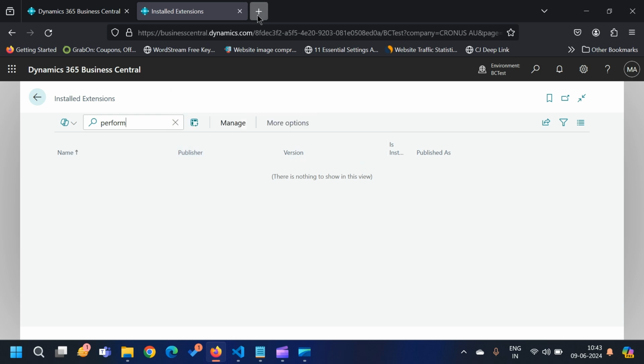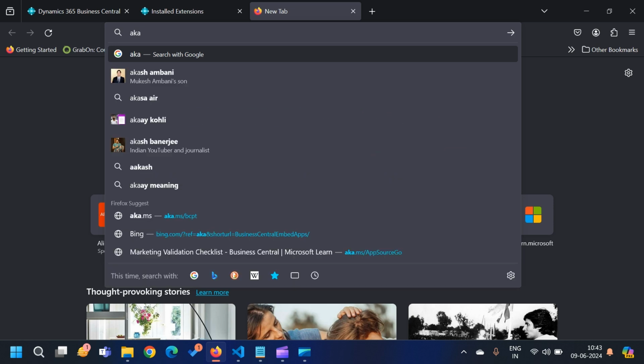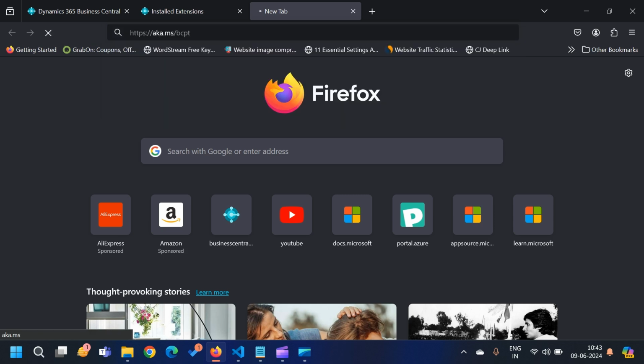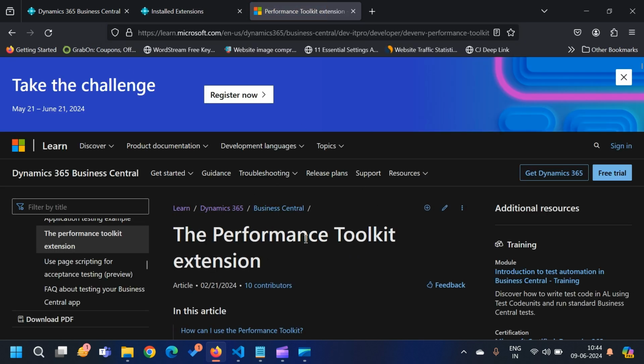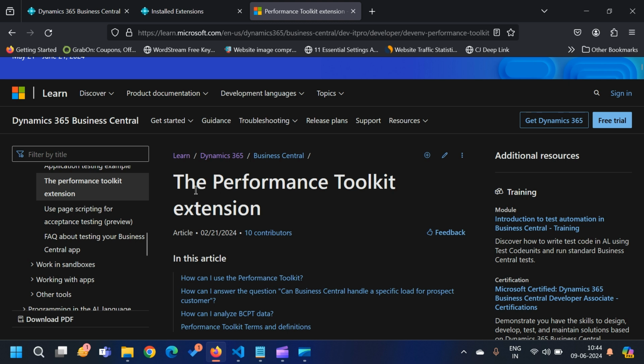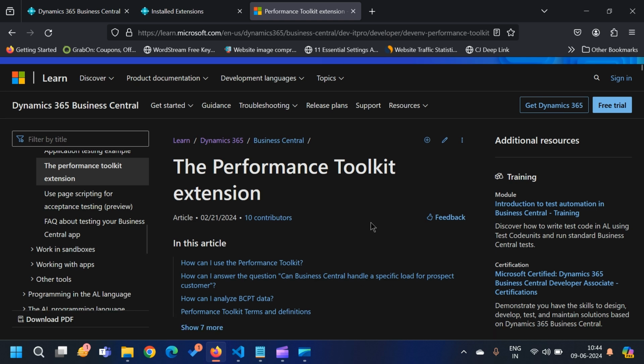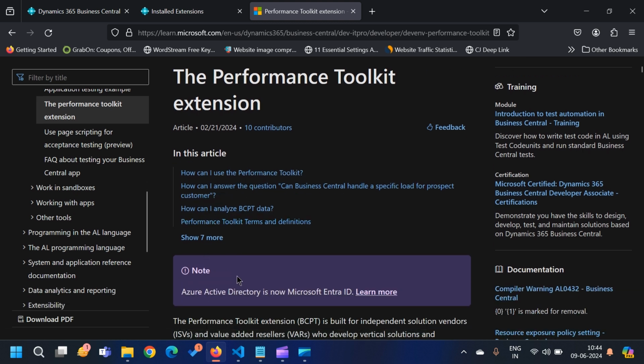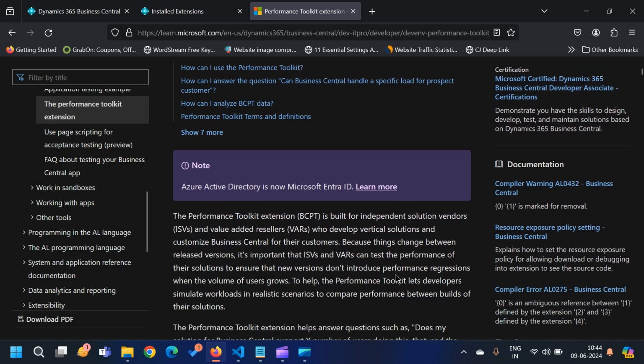In order to start with that, first of all, you have to search for this article, aka.ms slash BCPT. It's a Microsoft article, as you can see, on the Performance Toolkit extension. If you want to learn the complete concept for this extension, you can search for this URL and read everything about it. They have mentioned it very clearly. So in order to start with the extension, first let's understand what this Business Central Performance